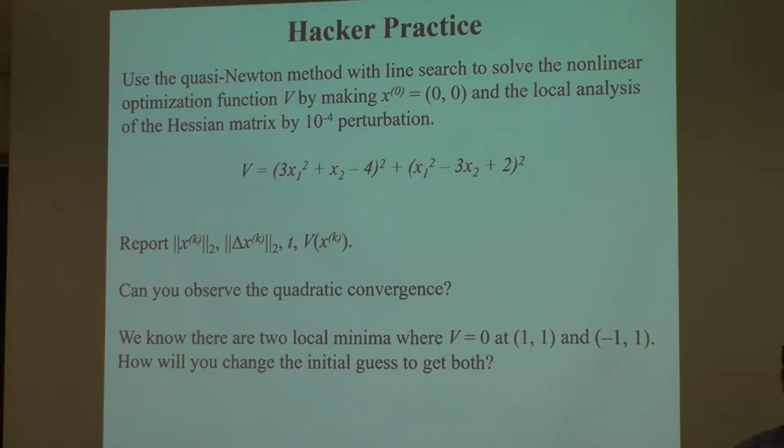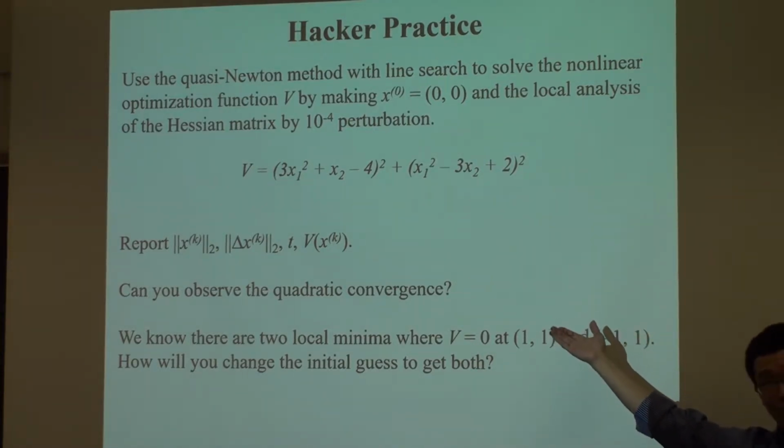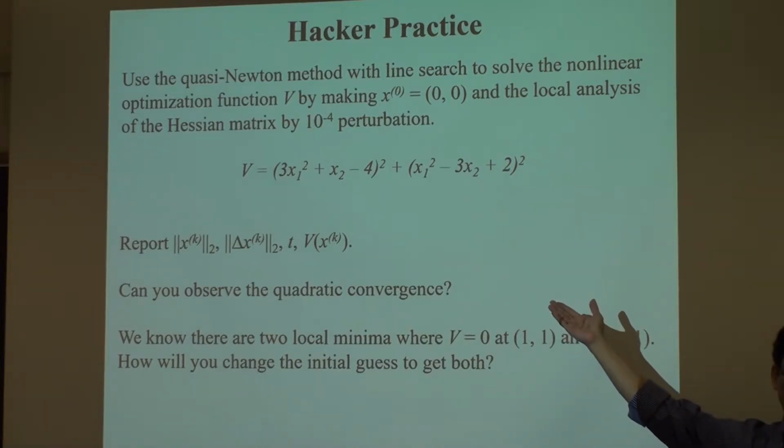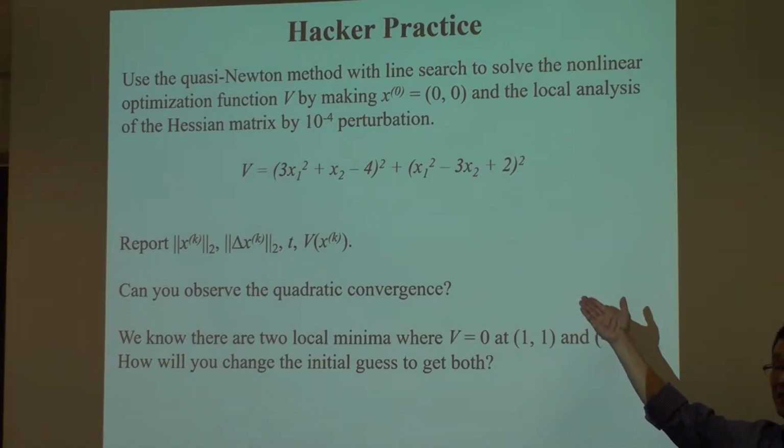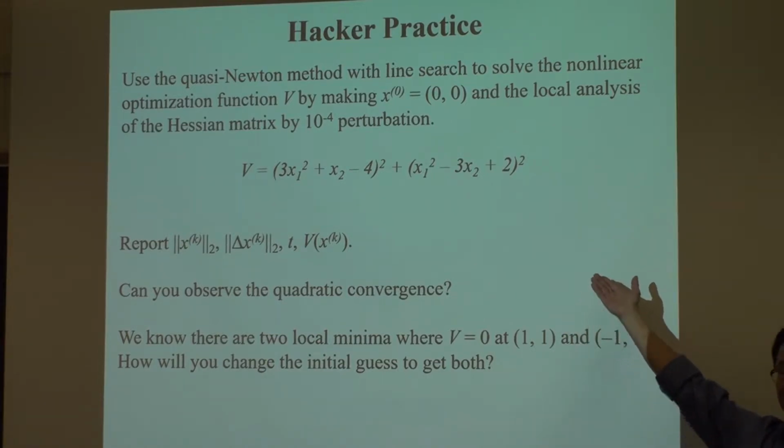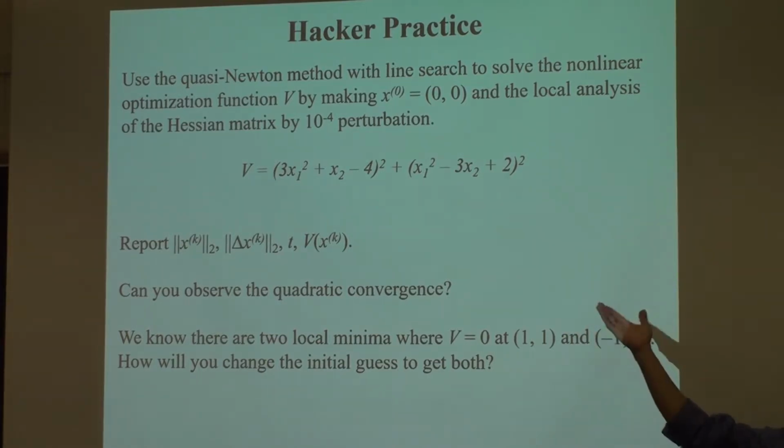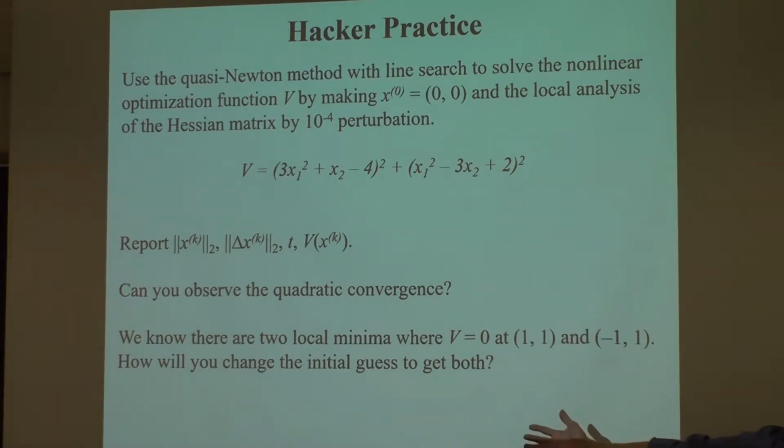So now you can take a big paper and write down V, and the gradient of V you can also write down on paper. This is a closed form. You take the gradient of that function. It's not hard, but a little bit lengthy. The Hessian matrix you can get too: taking the second derivative with respect to x1 and x2, you will get a 2x2 matrix symbolically. You can get a big paper, write it down and put that into your computer.